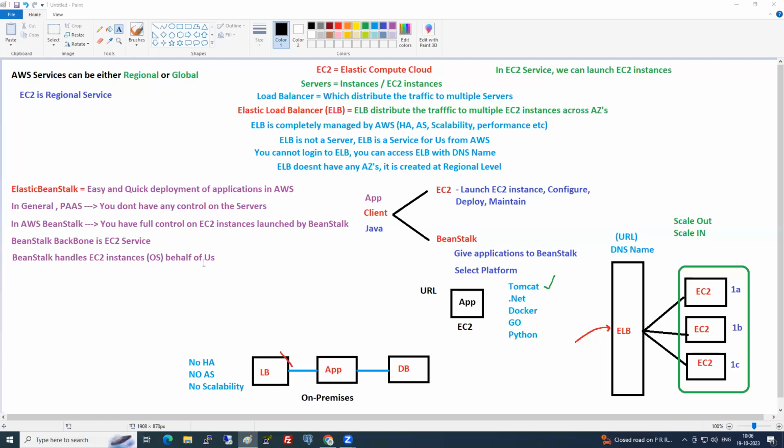What is that? You should say it like this only. Lightsail. Because the name itself is very light. No more technical. Very light. So if you go to Lightsail, everything will be readily available. Like you go to the sweet shop, all the sweets are available. You pick it up, eat it.